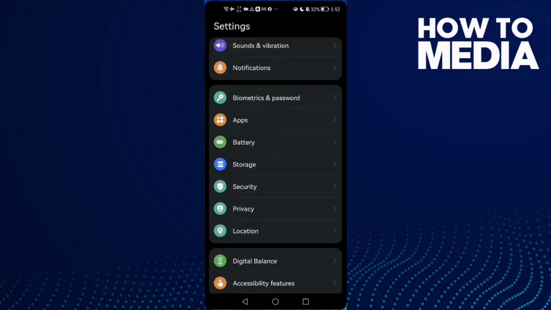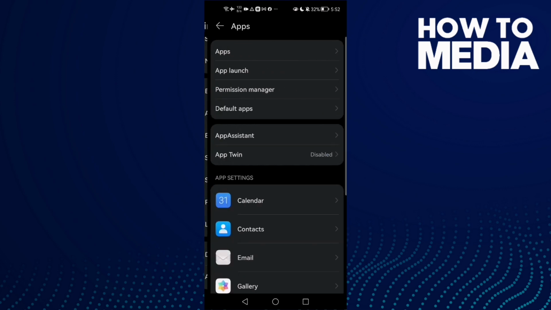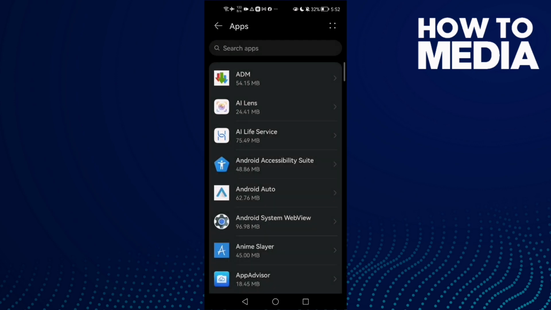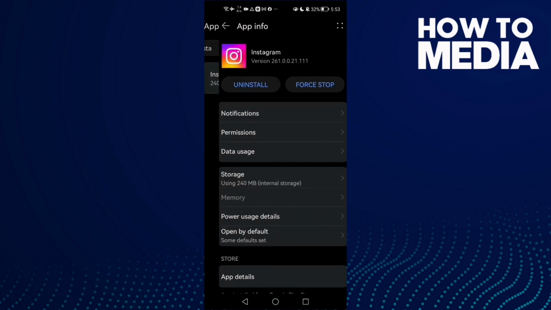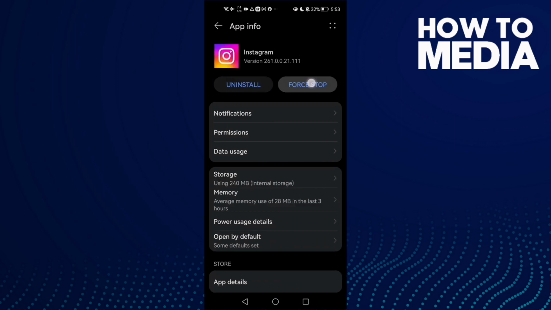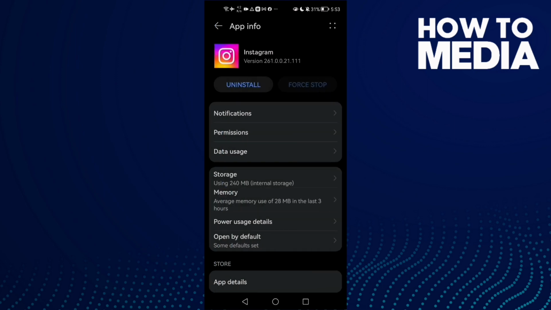First open settings and then scroll down until you find here apps and click apps again, and here type Instagram, click on it and then click force stop, and now storage, clear cache. And now all your glitch problems must be fixed, and if that doesn't fix your problem,